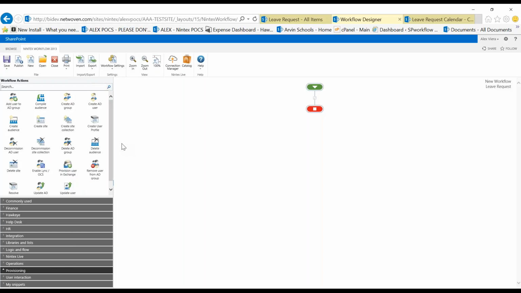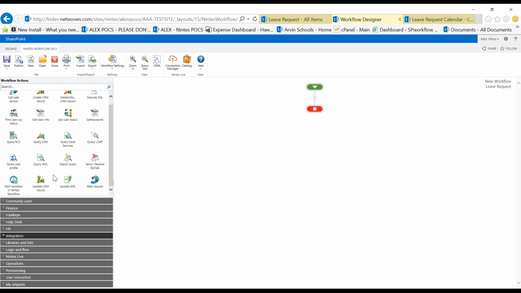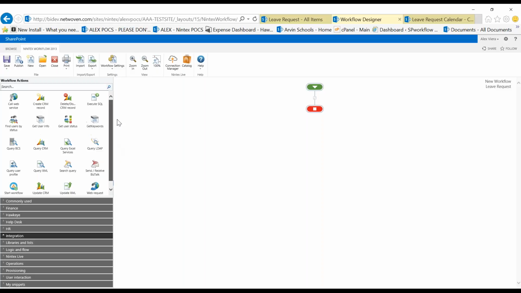But one of the things I talked about in the original slide that I showed you was what happens when we want to integrate with the back-end system after this has happened so that we can initiate something like an expense report payment or a leave of absence payment where it might be a paid vacation. So this is what's going to give you the ability to do that when we talk about integrating to different back-end systems, whether we want to talk to SQL Server, we need to make a web request to another application, updating a CRM record. These are all the things that we can do. So I'm going to go with the simplistic case right here.